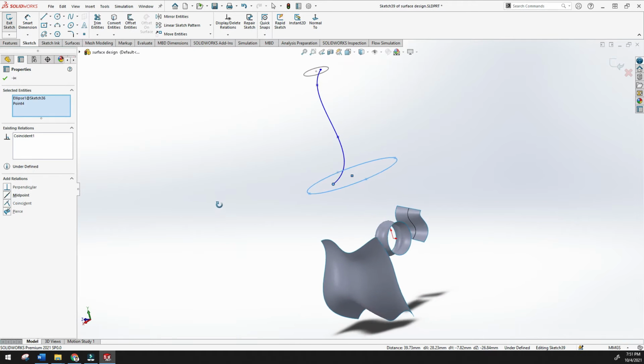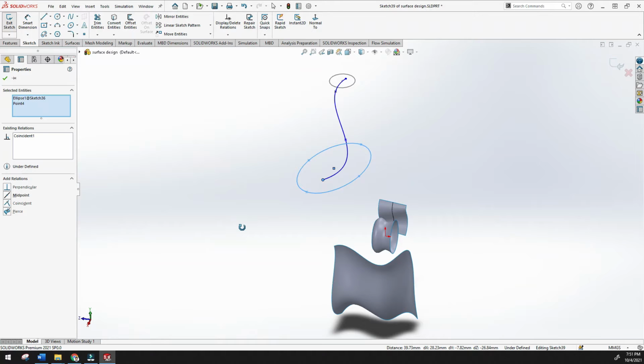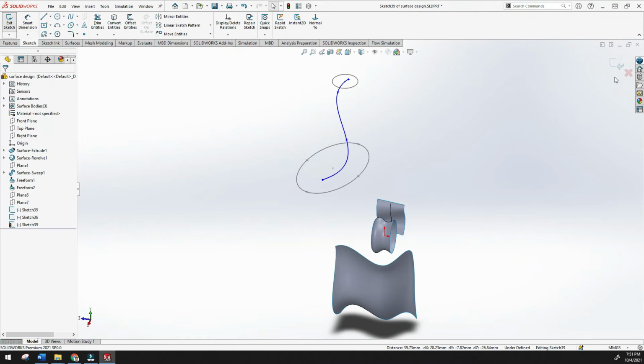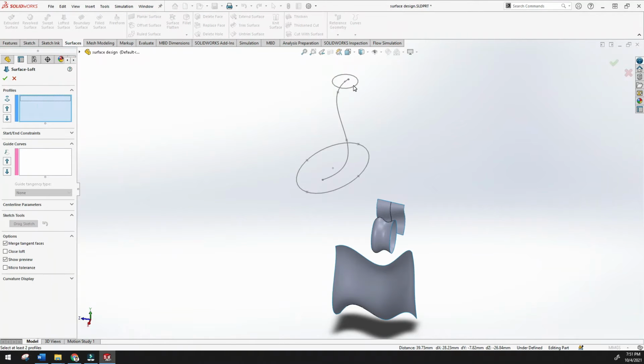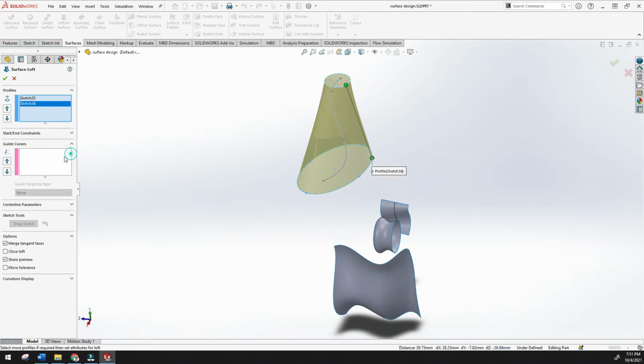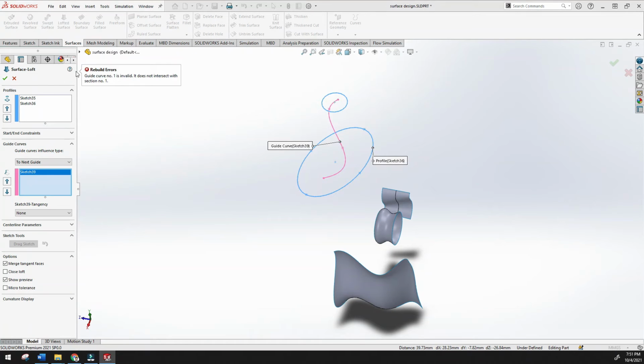But I want to show you what will happen even if you connect with coincidence. Click OK, and click lofted surface again. Select these two profiles and then click the guide curve. Again you get the message that it doesn't intersect with section 1. So what is the problem?